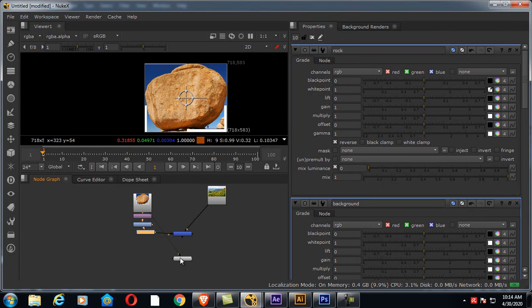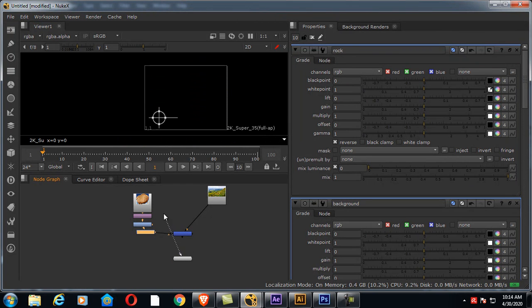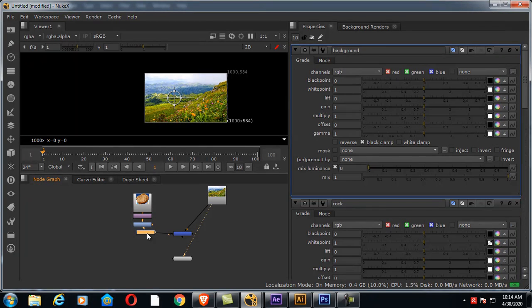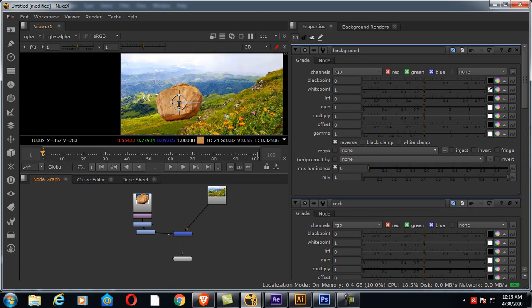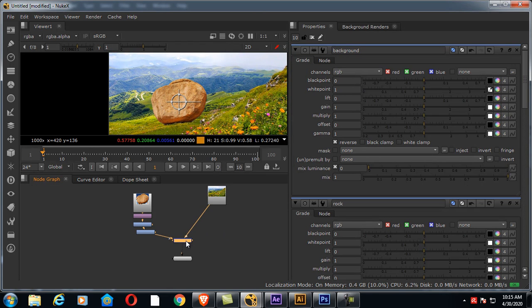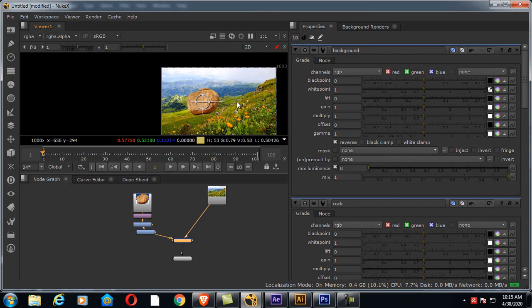and adjust. Now connect the background, double click on the background grade node and again do the same thing for the black point. Now we don't have many dark regions over here, and the white region is this one. You can set it and then go to the merge node again to adjust them.